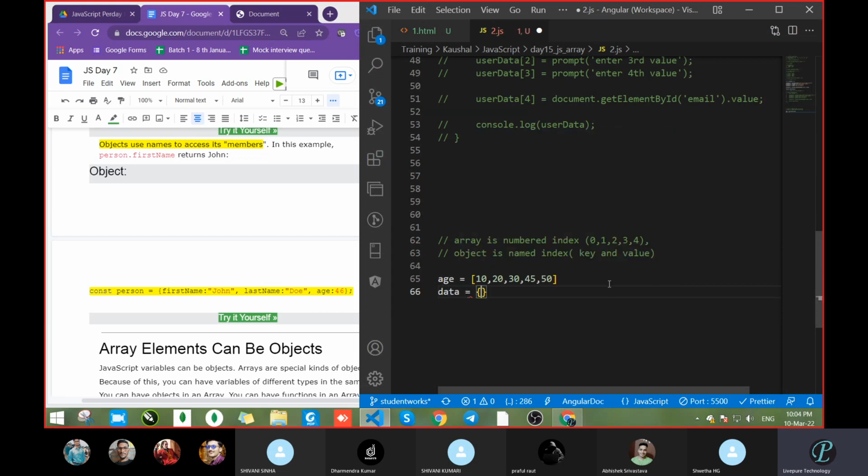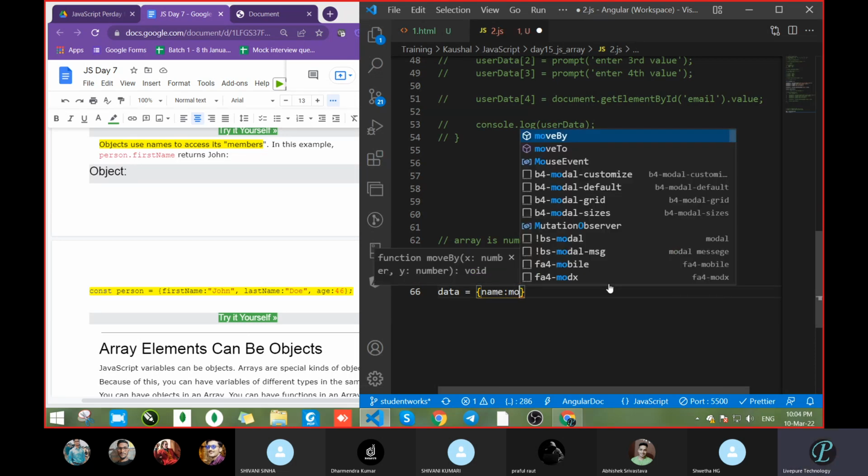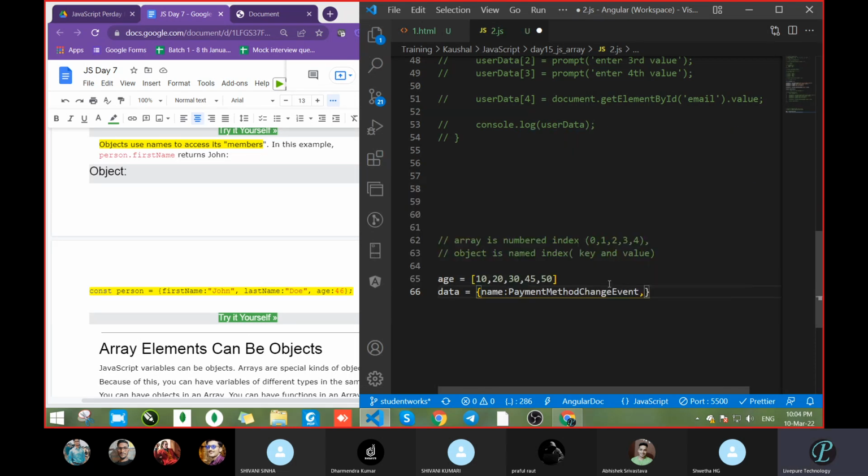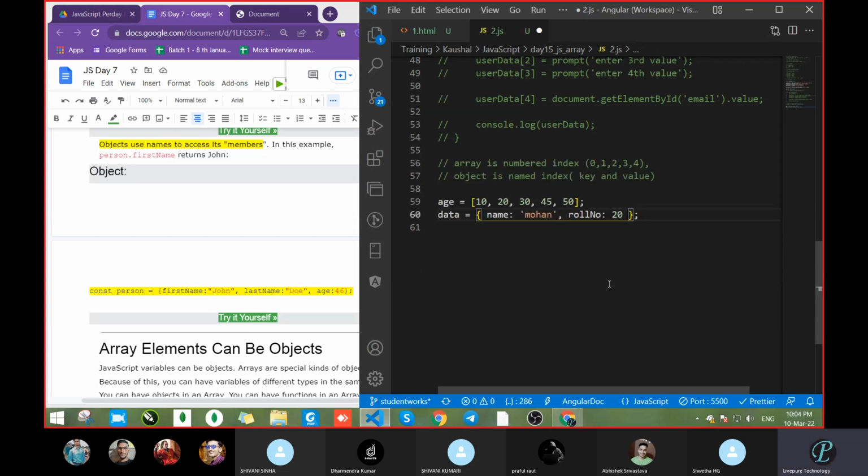Data equal to, pass like this, name colon Mohan, comma, roll number, pass anything. Got it? Clear or not?